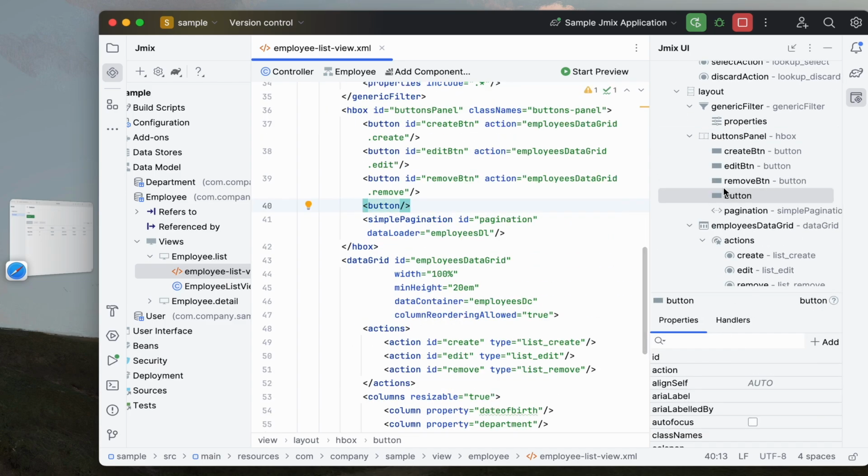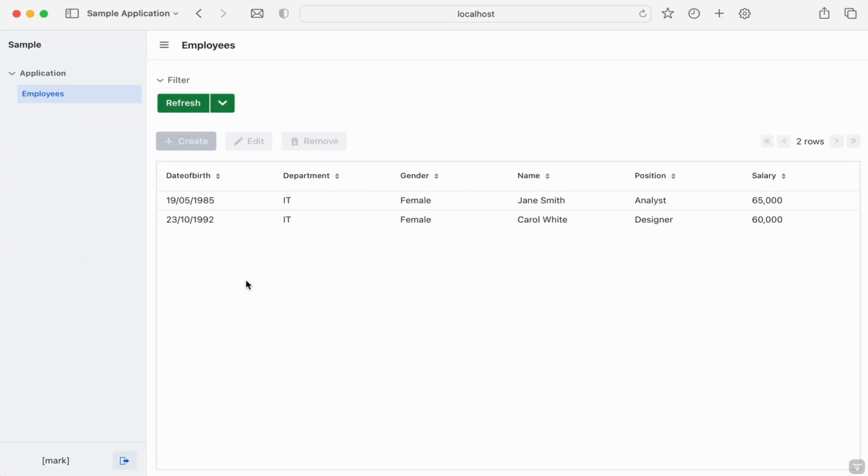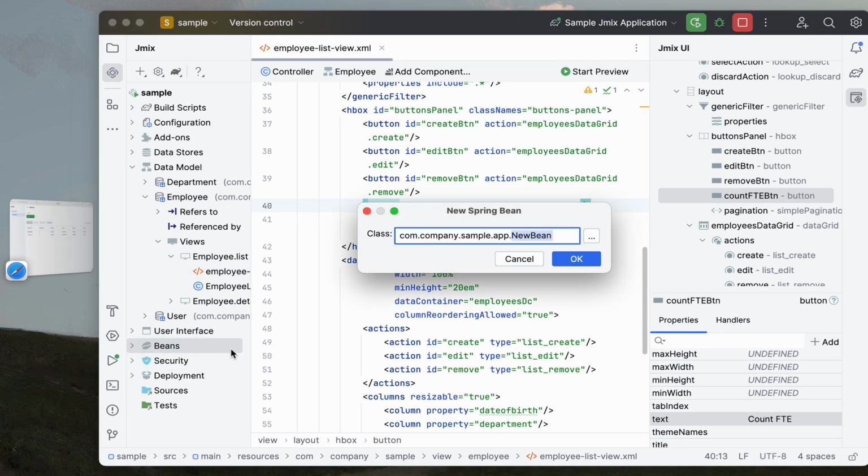The Inspector is a context-dependent window that enables you to edit any descriptor node. For example, we'll change the ID of our button and its text. Now that we have created a simple button, our next step is to create the logic behind it. Firstly, we'll create a Spring Service bean